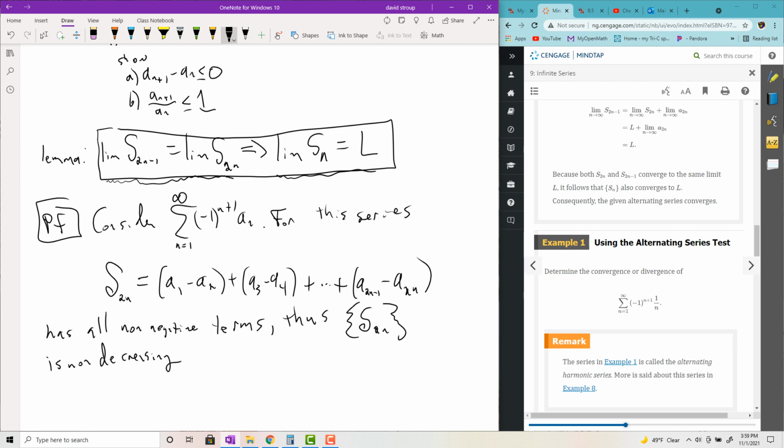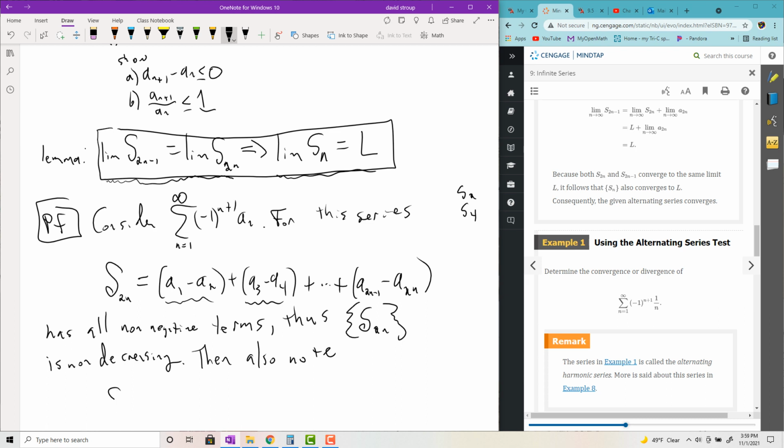And it's because if you go from s sub 2 to s sub 4, they're all positive terms. If each one of these things is a positive term, in order to go from s sub 2 to s sub 4, you're just adding something in that's positive. So it's always going to be increasing, in other words, non-decreasing. Then also note